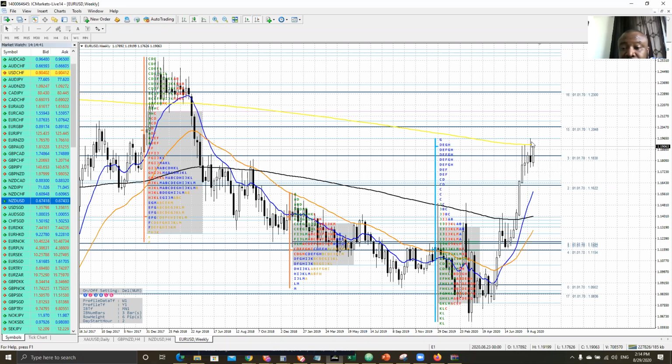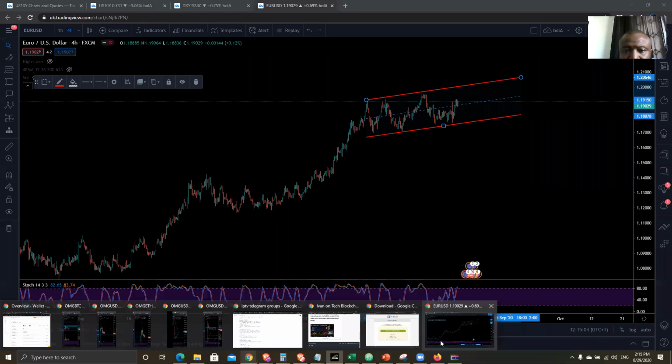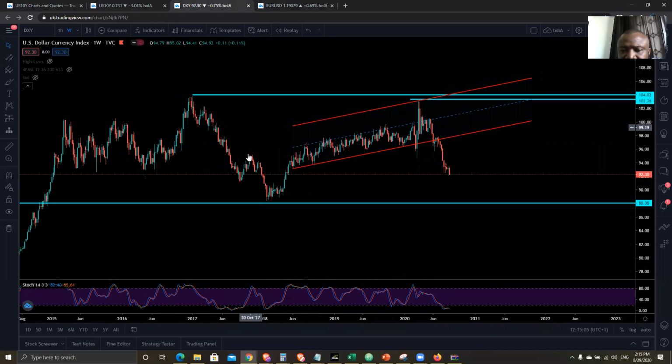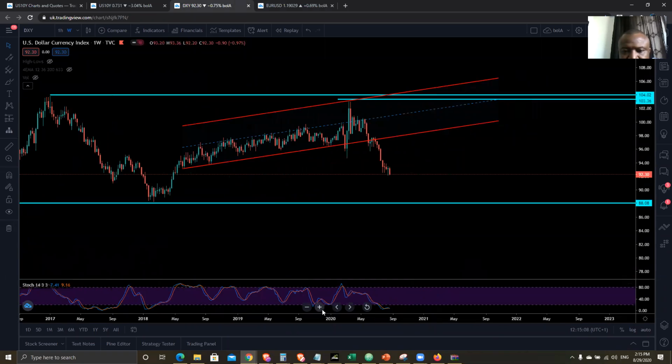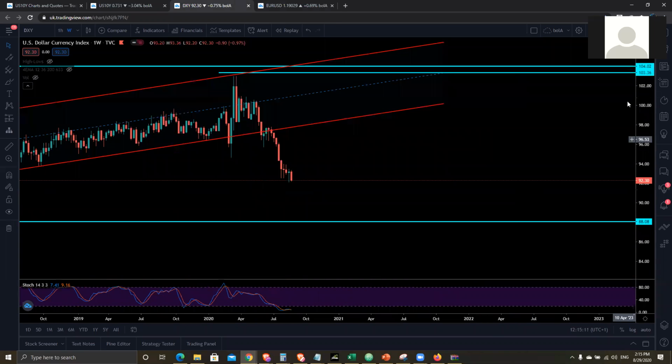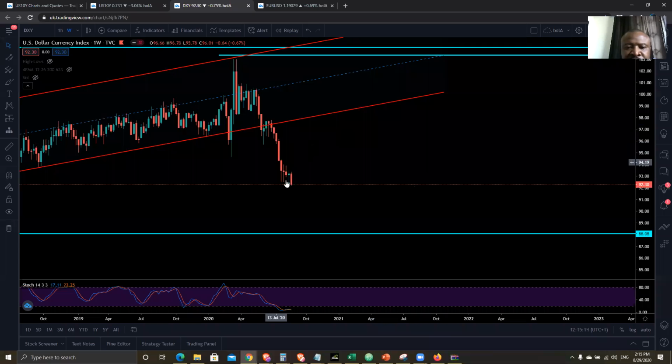The one good thing that the euro will want to see is a potential reason for price to shoot up higher, but we need to be careful. More often than not, when we are inside a volatility channel like this, price has every reason to swing up and down. And I saw this on the DXY. I'm not saying trend will suddenly change, but a sell-off may come in the whole of the week.